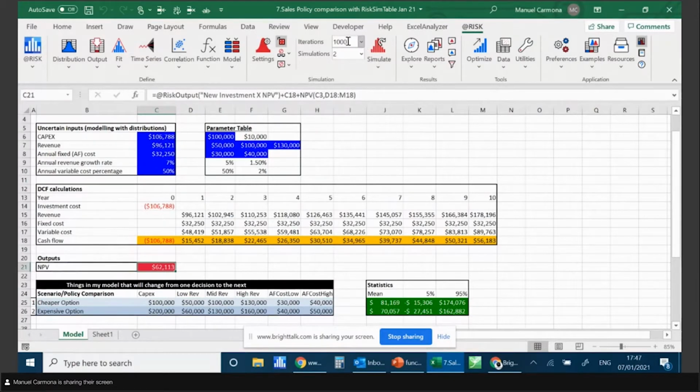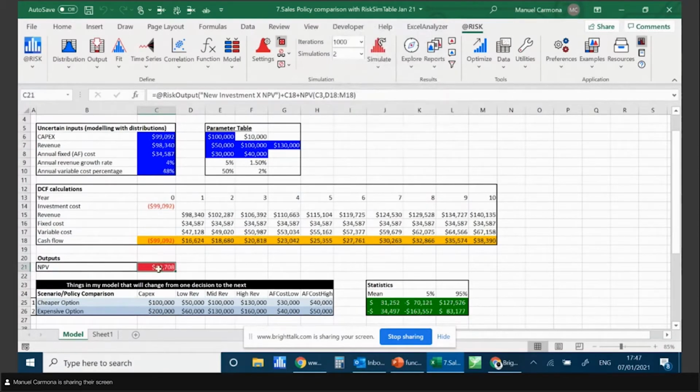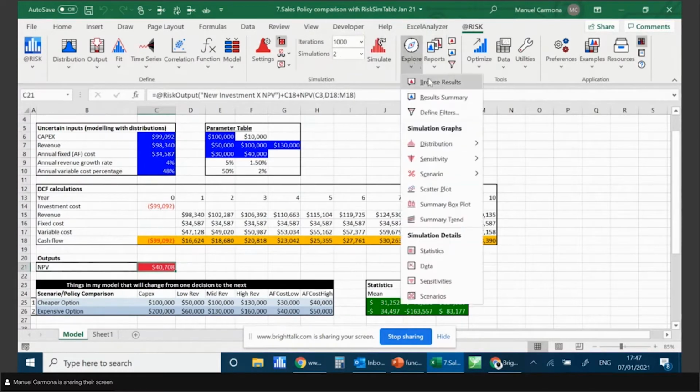For the first 1,000, I'm going to have here 100,000, 50,000, 100,000, 130, you can see, and then we will change to this other set of values. So I click simulate here, and it goes really quickly. I can see the results,